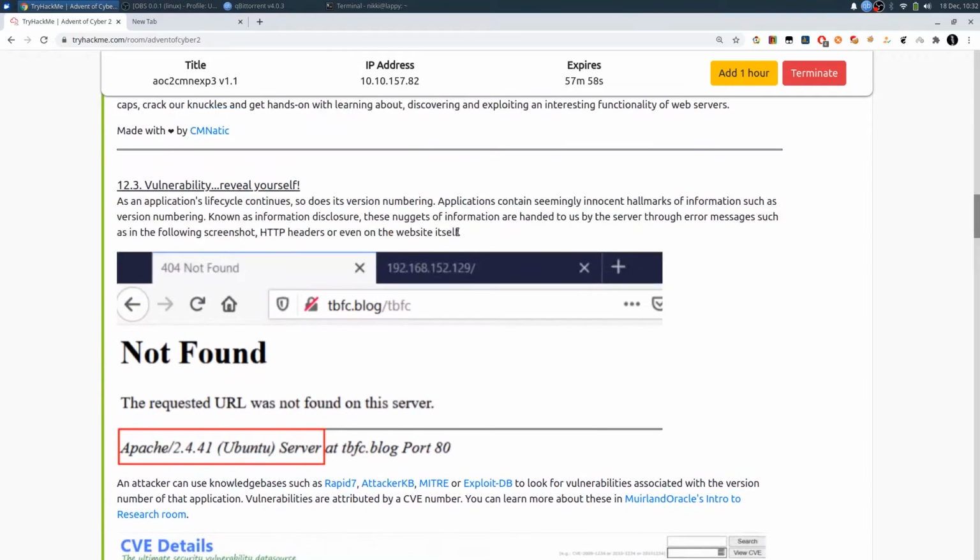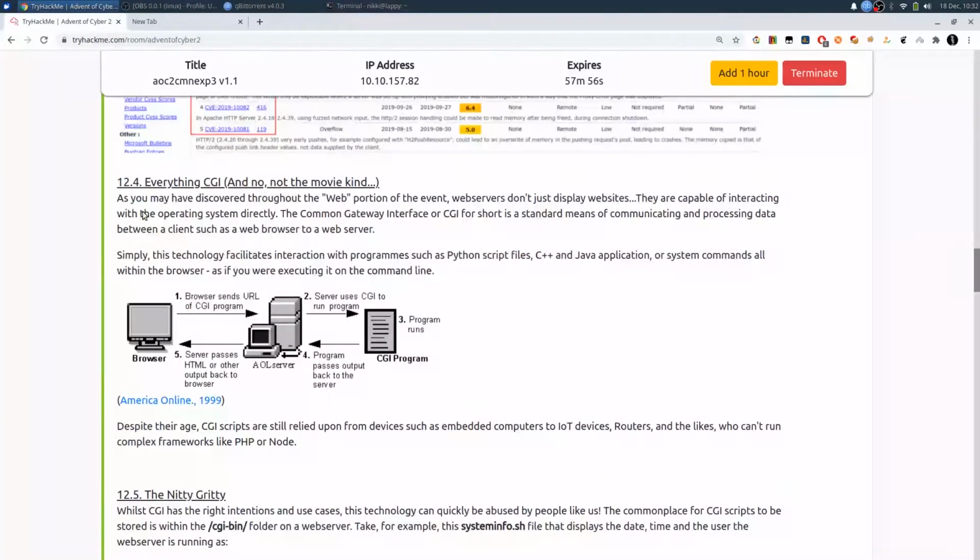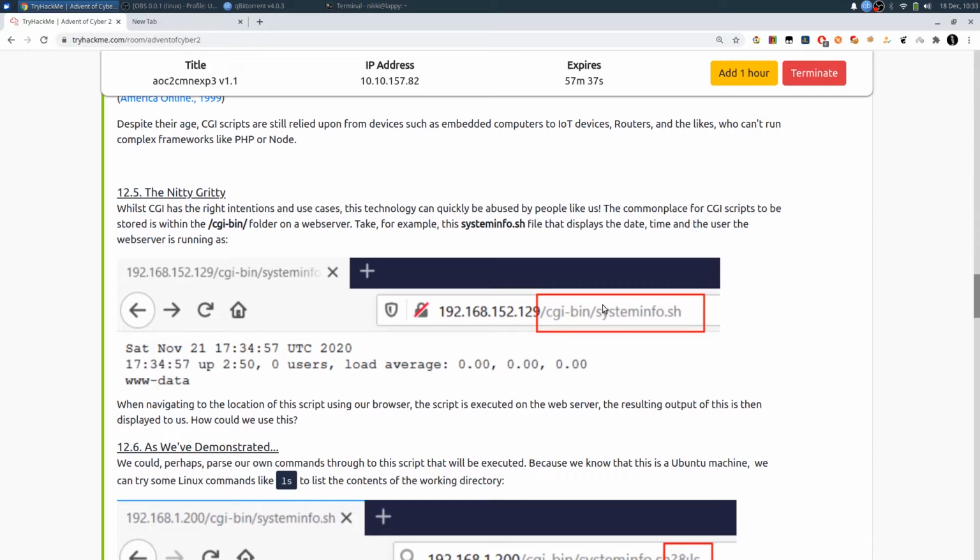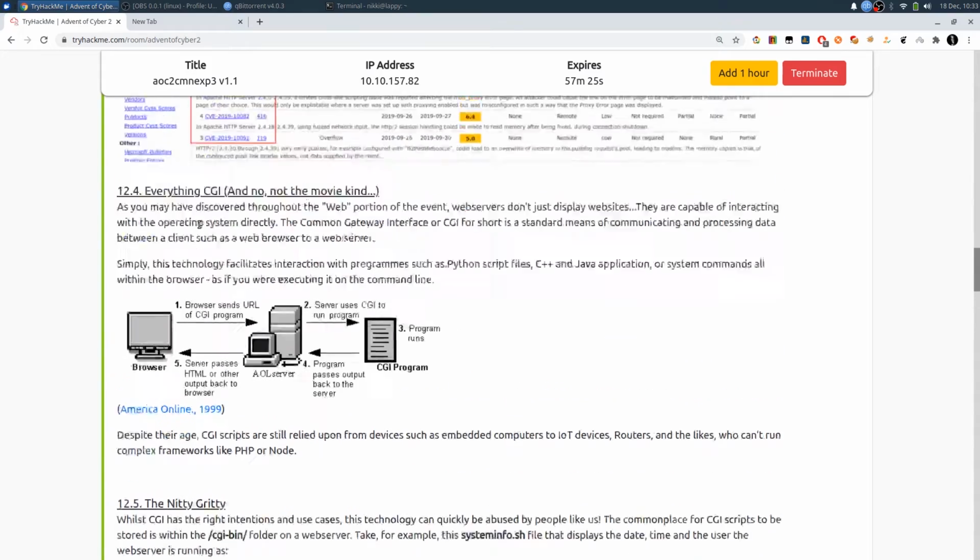You can see the theory here. The browser sends the URL to the CGI program, then it searches for the CGI programs to run, then it processes the output and sends back the response to our browser. So that's how CGI works. Suppose there are some shell script files or batch files. If you put them in the cgi-bin folder and call them using the browser, then that script gets executed. So that is one of the vulnerabilities.